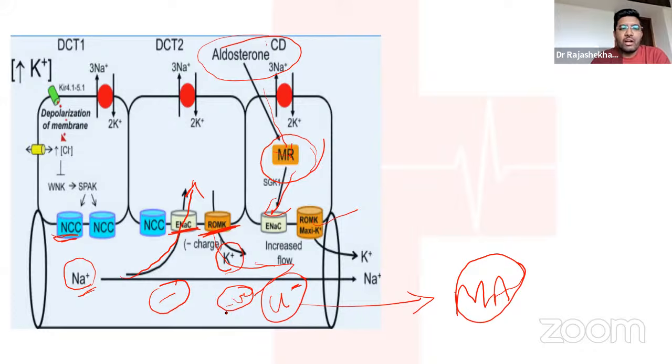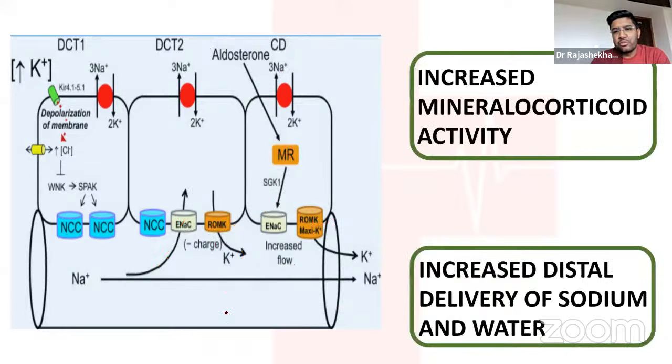So for hypokalemia to occur, or for renal wasting of potassium to occur, there have to be two increased things. Either there is an increased mineralocorticoid activity, by the direct or the indirect route. If there is any amount of increased mineralocorticoid activity, this is going to cause hypokalemia directly. Or there is increased distal delivery of sodium and water. As I told you, if there is increased distal delivery of sodium, for example if you are giving the patient loop diuretics, the loop diuretics are going to inhibit sodium reabsorption in the loop of Henle. So more and more sodium is going to be delivered to the distal tubule.